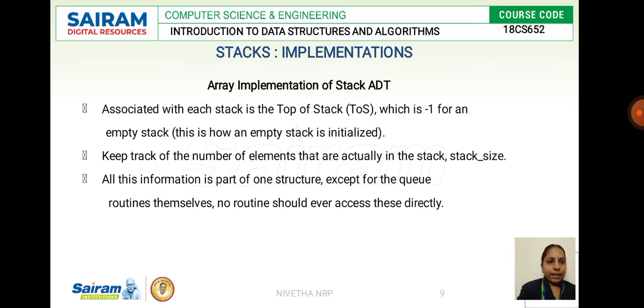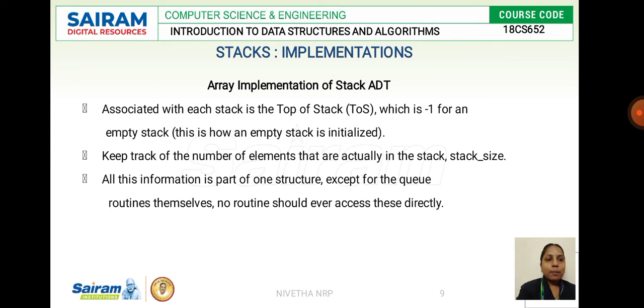When I declare my top of stack initially, I specify it as -1 when I don't have any element in the stack. While I implement a stack using an array, I first declare my array size followed by the top of stack. Since I have not inserted any element in the stack, I declare top of stack as -1, which specifies that it is an empty stack.